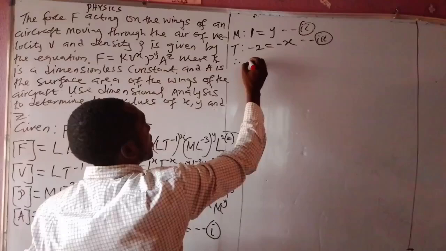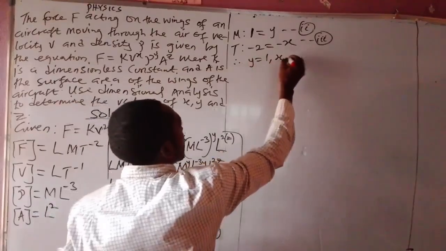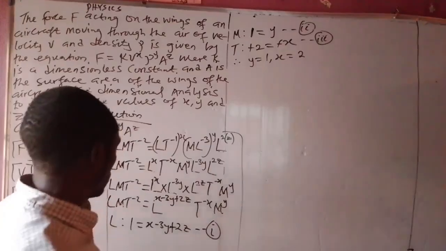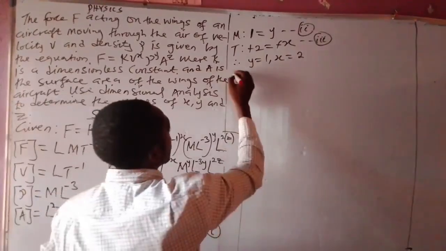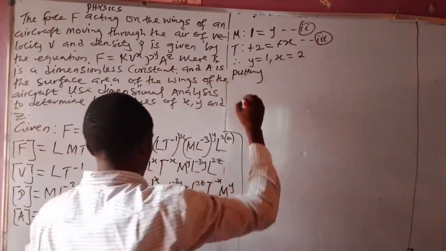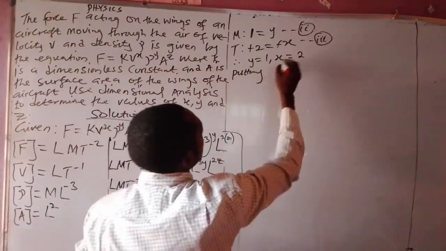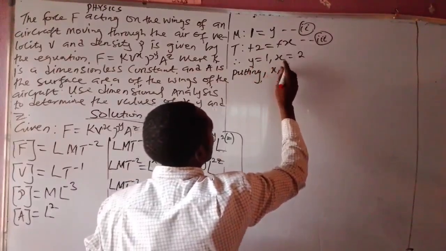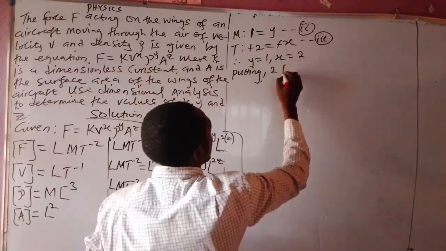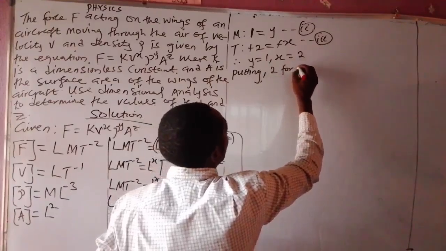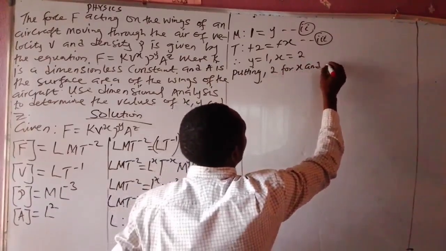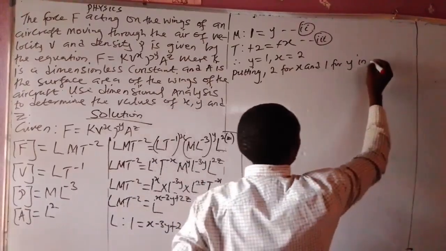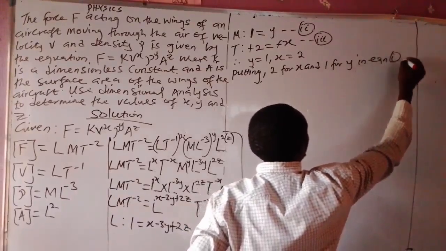So we can therefore say that y is equal to 1, and x equals, this comes to this, x is going to be 2. The next one we're supposed to get is z. Putting 2 for x and 1 for y in equation 1 gives,